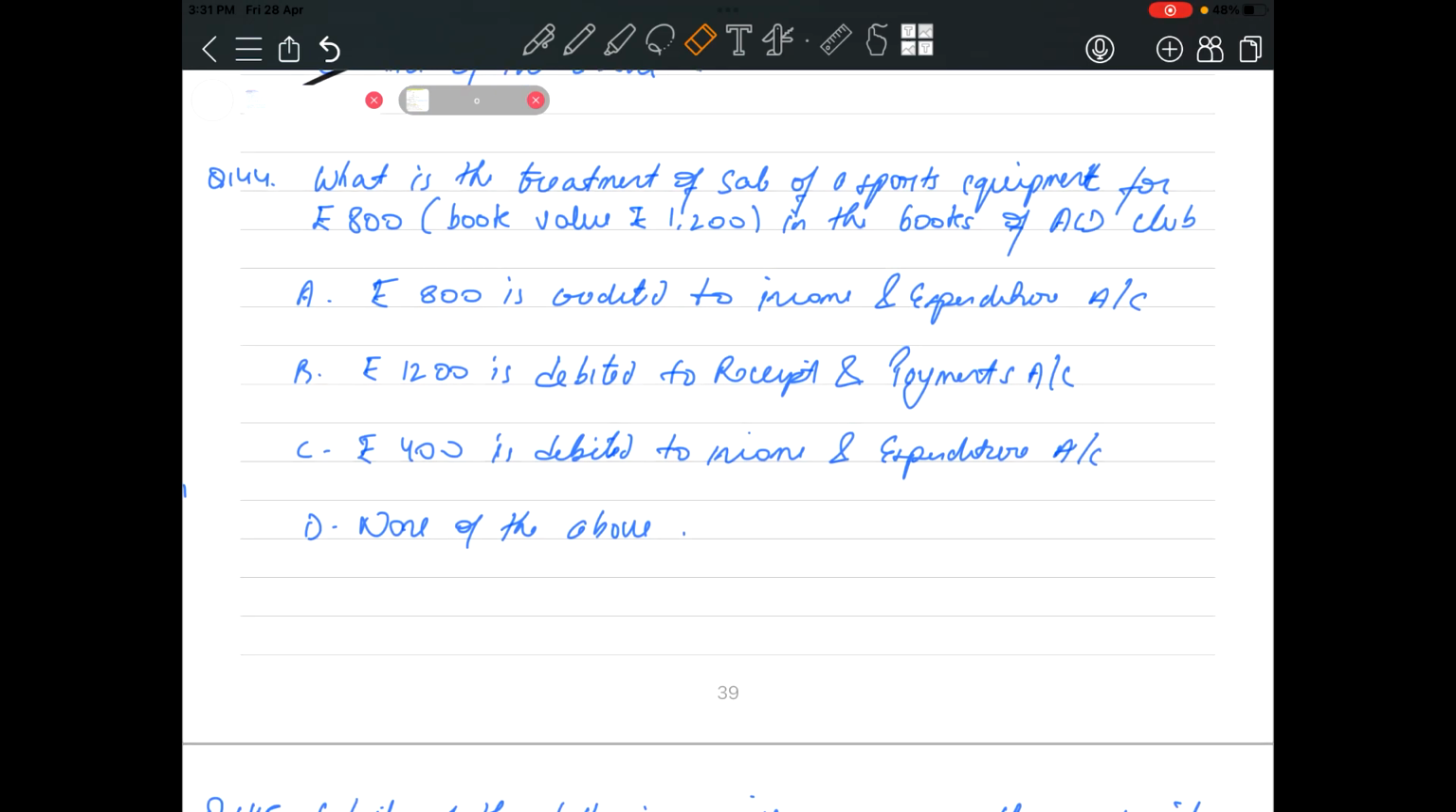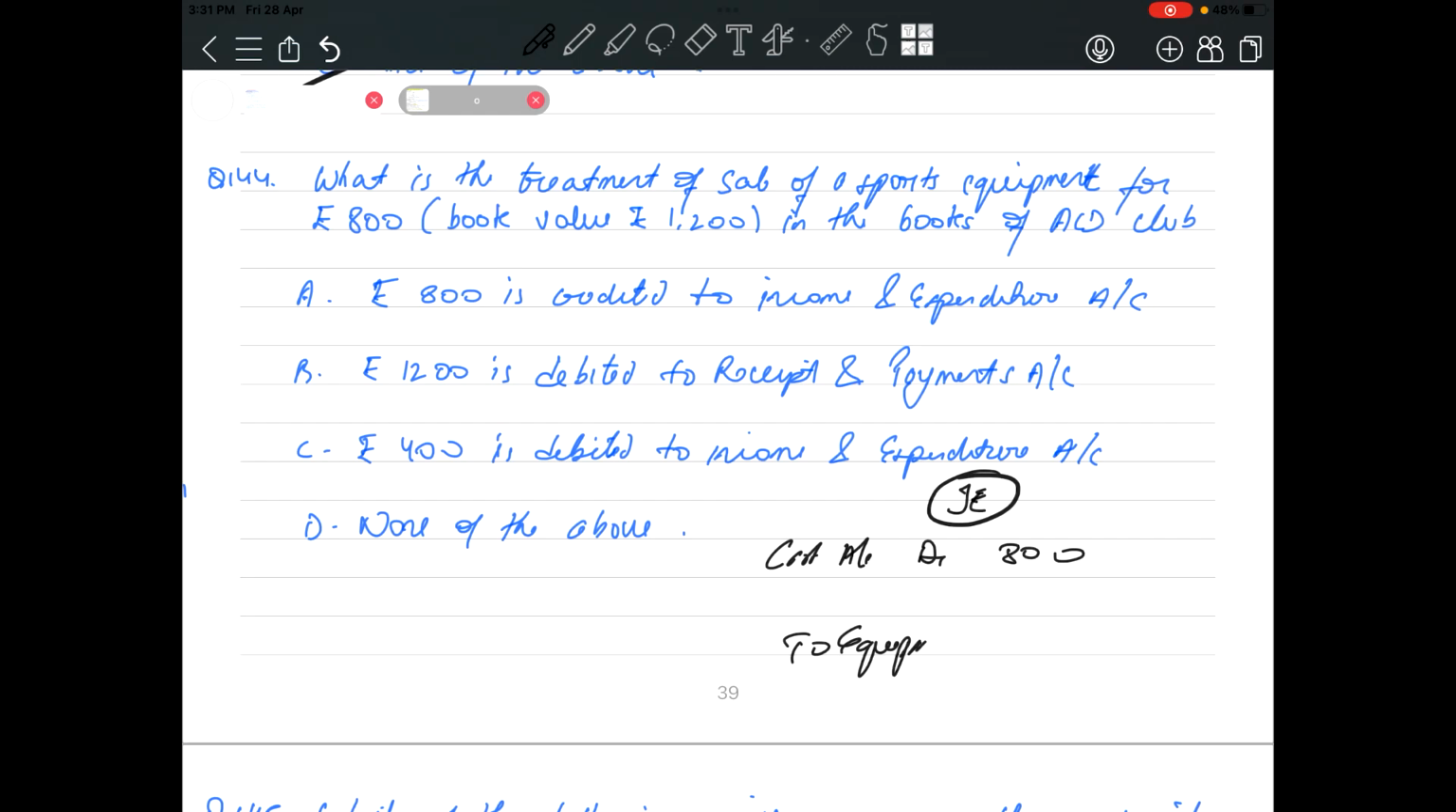Okay, now let's pass a journal entry. When we do this kind of transaction, we are selling off equipment. Equipment is an asset for the organization. We are selling off the sports equipment, so will the equipment account be debited or credited? It will be credited, right? And money is coming in. So what will be the journal entry? Cash account debit with how much? 800 rupees to